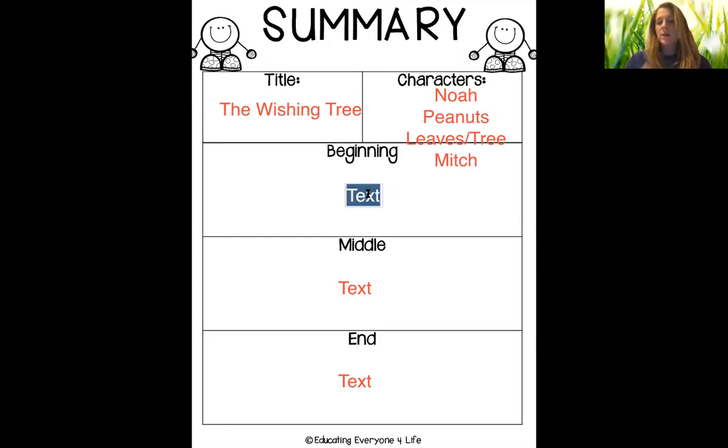So in the beginning of the story, what happens? Well, you have read it, so I hope you've had some time to think about what happens at the beginning. And this is where we're going to get a little more in depth than yesterday. We need to try to use some transitional words and phrases when we're writing this out, because we're giving a list of how the story happened. I'm going to use some very basic ones today, but we'll get more in depth as the weeks go on. Today I'm just going to start off with the word first. And we always put a comma after those transitional words and phrases. So first,